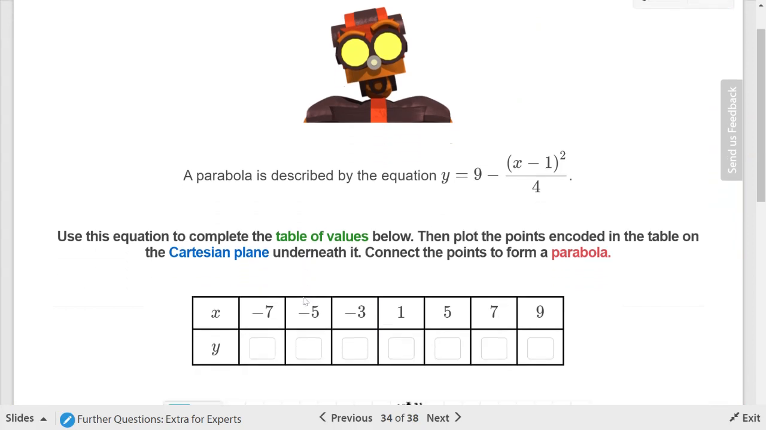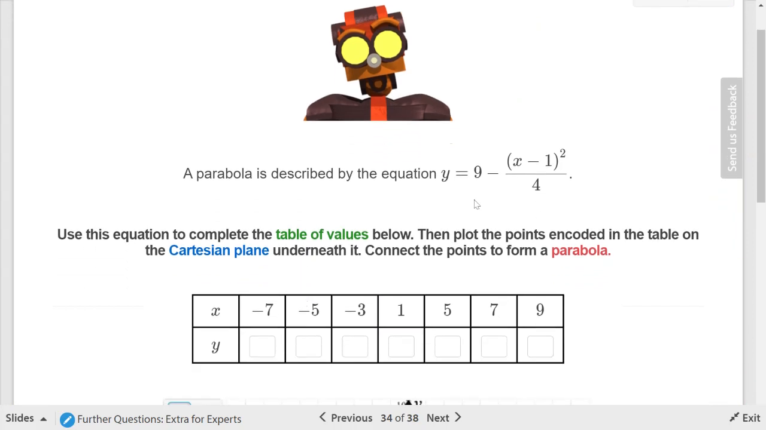Okay, a parabola is described by the equation y equals 9 minus (x minus 1) squared over 4. A more complicated form of the parabola, but the same rules apply. Take the number, substitute it in, square it, divide it by 4 after you've squared it, then take 9 and minus it. Let's see if I can do this in my mind. Negative 7, I put it in x, I get negative 7 minus 1. Negative 7 minus 1 is negative 8. Then I take 8,